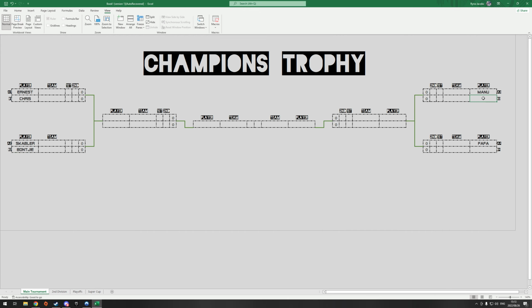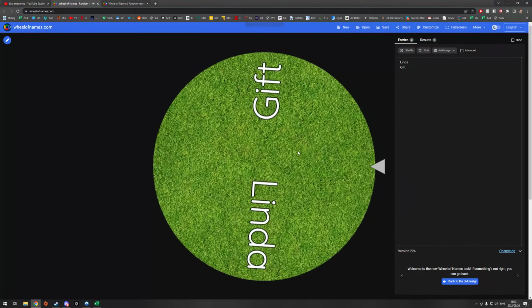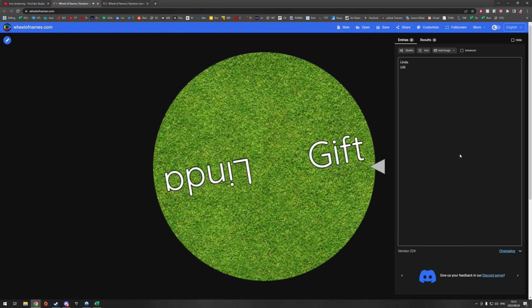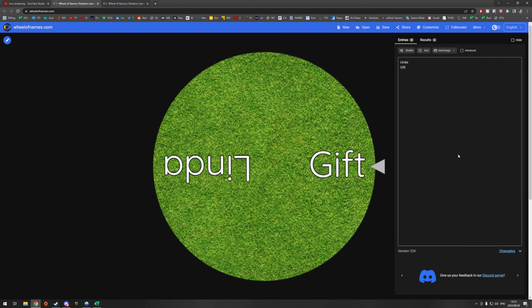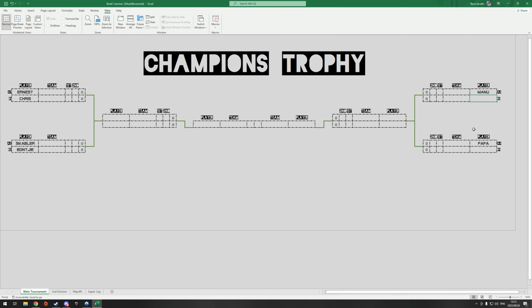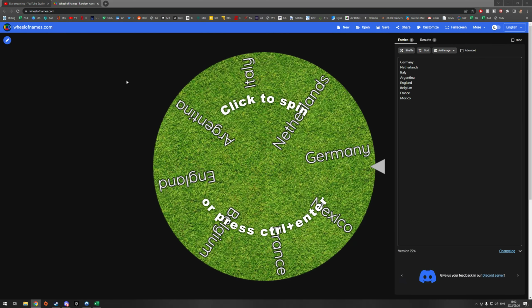And then we'll be pulling Manu's opponent. Oh, Manu versus Gift. First round tie would be juicy. Oh, I knew we're getting at. Nice. Father and son in the first round. That's that. And then Fafa's opponent obviously being Linda for the first round. Cool. So that is who we are playing.